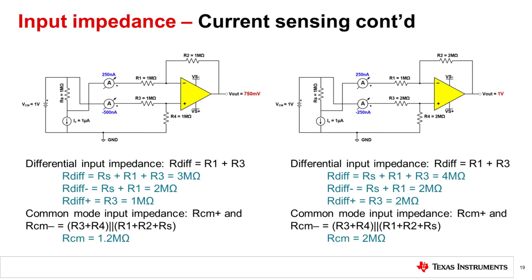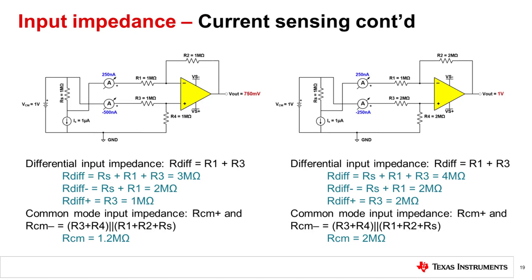What if your source's output impedance is very high, like 1 megaohm? 100 times this would be a very large resistor. As we know, large resistors come with their own set of drawbacks, including higher noise. Let's take the example from the last slide. We have a 1 megaohm shunt resistor with a 1 microamp source. We expect to measure 1 volt, but our output is 750 millivolts. As we previously discovered, this is due to the input impedance of the difference amplifier.